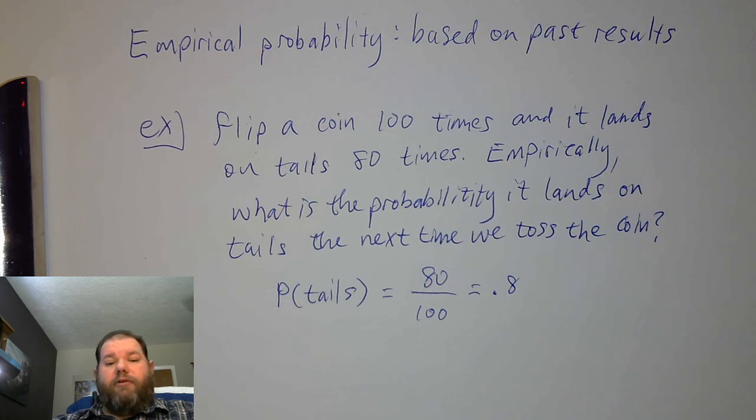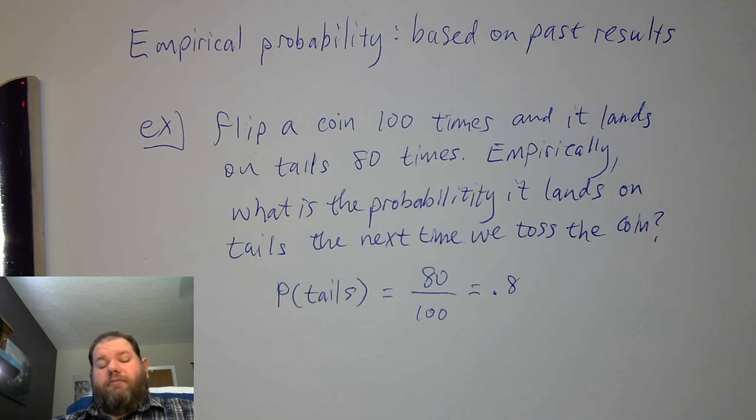Realistically, if we know that this is a fair coin, we know that the probability should be 50%, or 0.5. But based on the evidence that's given, this particular coin landed 80 times on tails out of 100. If it is a fair coin, this is a complete outlier. Almost an impossible outcome, if this is a fair coin. But based on what we've witnessed, 80% of the time, it's going to land on tails.